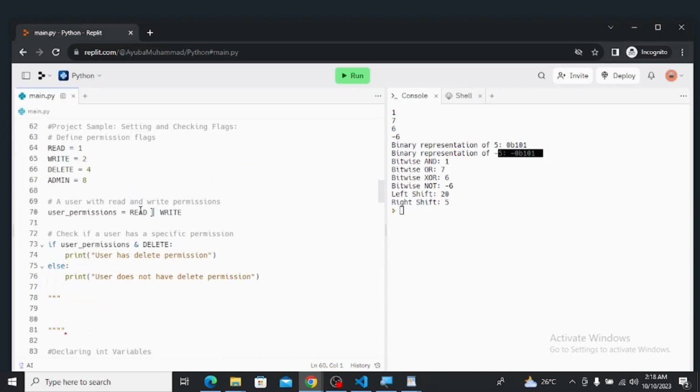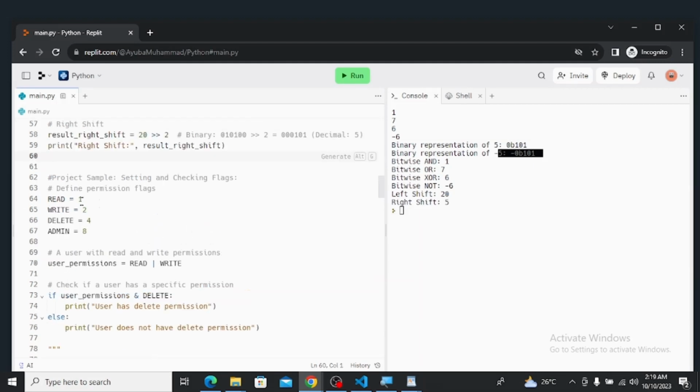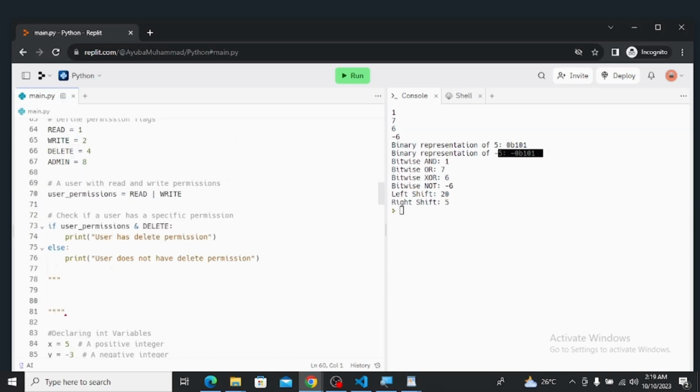So we want to check if a user has read or write permission. So we are declaring the read as 1, which are the powers of 2. This is powers of 2, 1, 2, 4, 8. So we declare